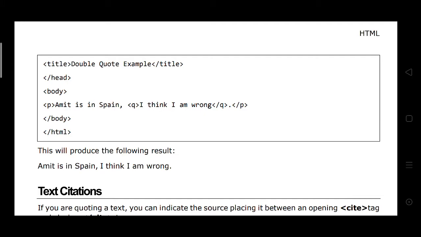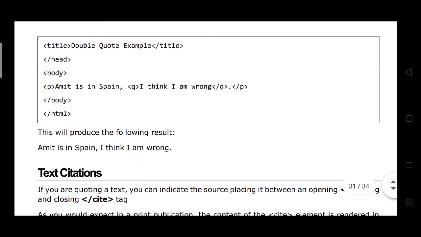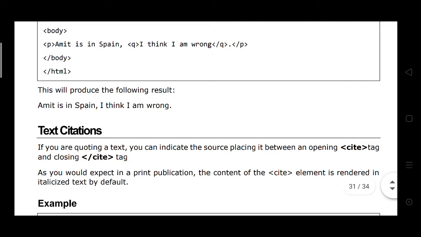Q close, body close. This is the procedure. The following result: Amity is in Spain.